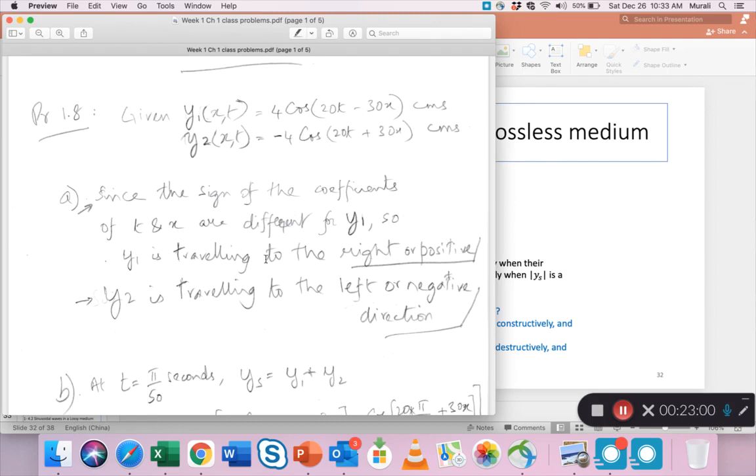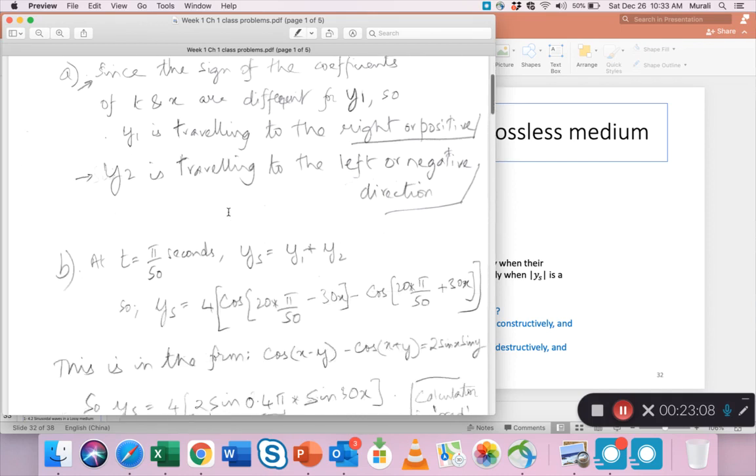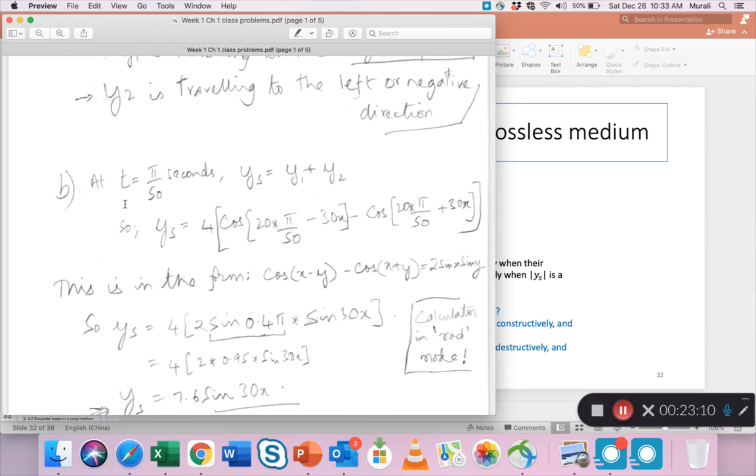Similarly, the other wave you can see has the same sign, so it is traveling left, or in the negative direction. That's the answer to part A. Part B, we have to take a time of pi by 50 seconds and calculate ys,